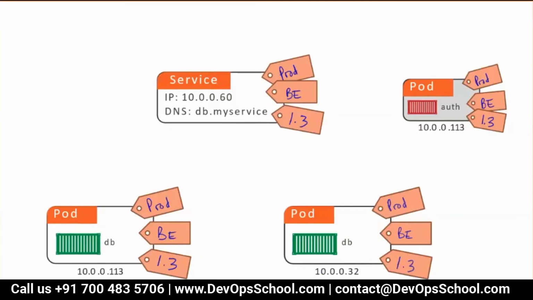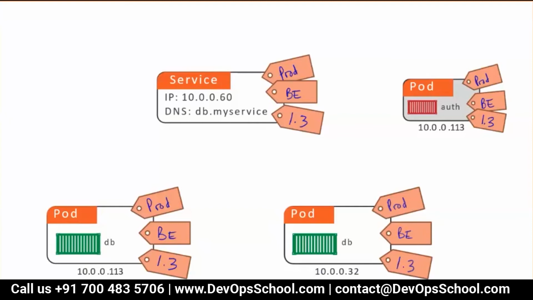Now guys, how it works. Let's understand that. Look at this here. Here you have a pod and here you have a service. See, every object, I repeat, every object in Kubernetes, in fact in Docker also, has some unique identity. That's called name actually. So every object in Kubernetes has a name, and that name has a certain scope. Some names are unique to the namespace, and some names you can make unique to the cluster.